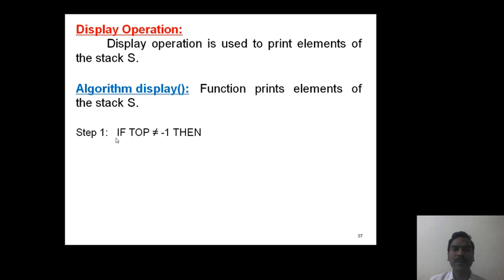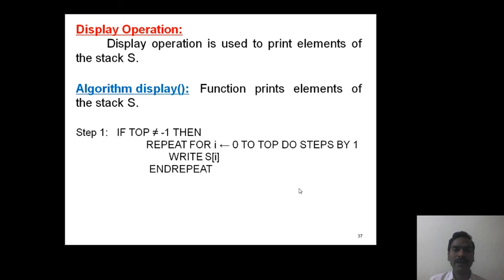So step 1: if top is not equal to -1, that means some elements are available, then repeat for I equals 0 to top in steps of 1. That means we are printing the elements from index 0 to top. Write S of I, and repeat. Else, if this condition is false, that means elements are not available, hence we print a message as stack empty. End if.